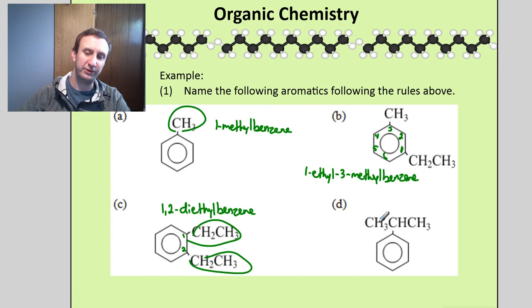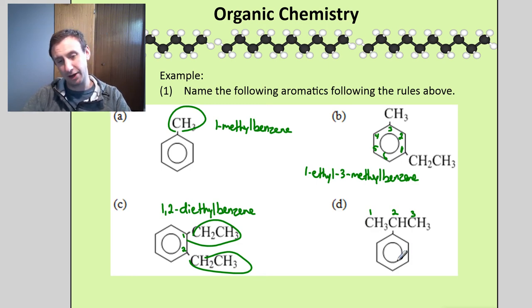So what I actually do instead is make this the parent chain, 1, 2, 3, and then I call this 2-phenylpropane. So again, the fact is if I treated the benzene as the parent chain, then I have a branch coming off of a branch, right? I got a methyl coming off of an ethyl. I can't name that. So instead I make the 1, 2, 3 carbons the parent chain, and then I call this a phenyl.